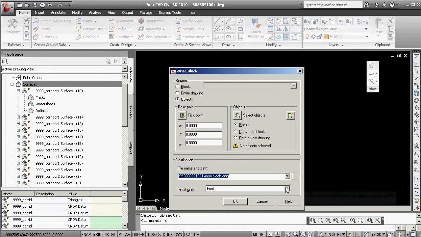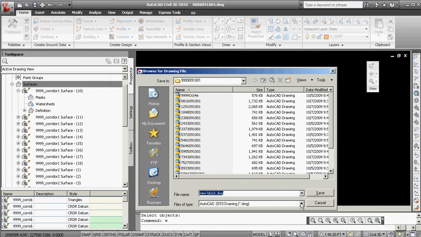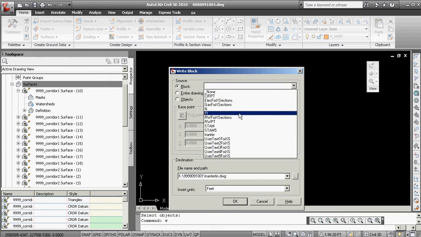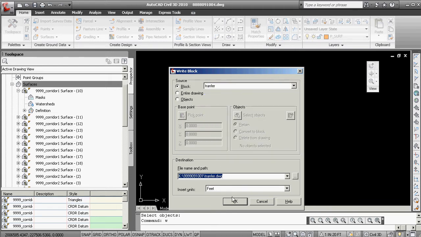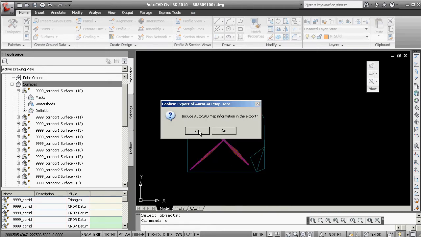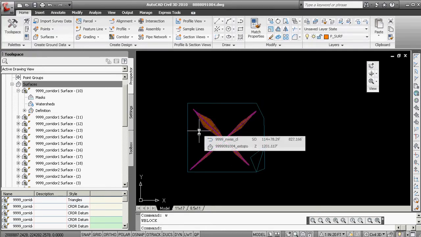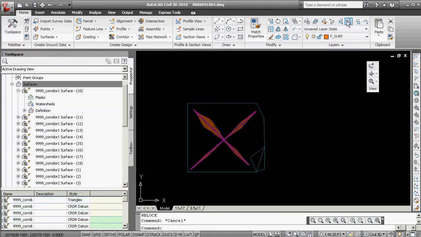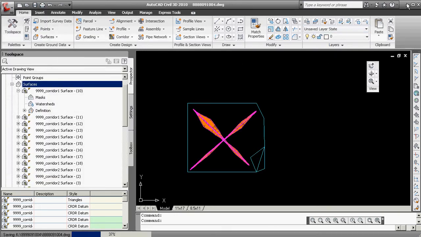In this case, it allows me, I think, if I do here, to actually put it out to a drawing. I'm going to put this into transfer, in the same place. You definitely want to keep your number on the front of these. Hit save. We're going to pick the block that we want, which was, you see all the blocks here, transfer, misspelled. Hit OK. Yes, that information is now gone. It's out. I'm going to go to File, Unisolate before I leave out of here. I'm going to go File Save, get out, and hopefully in the next minute I'll be able to bring that